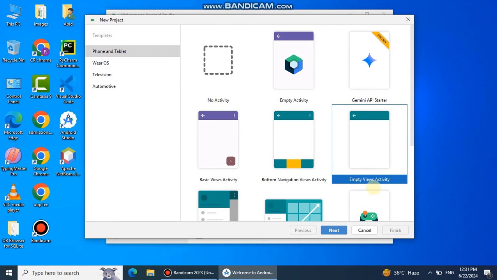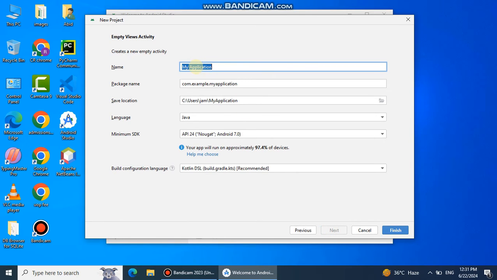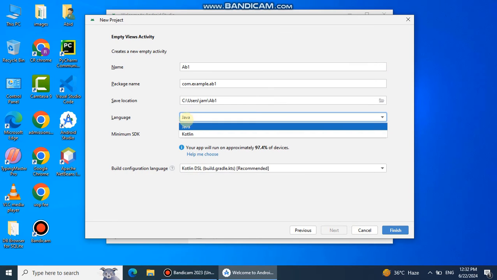and click on Empty Views Activity. Next, rename the default name according to your project name. If you want to change the language to Kotlin, you can change it. We select Java